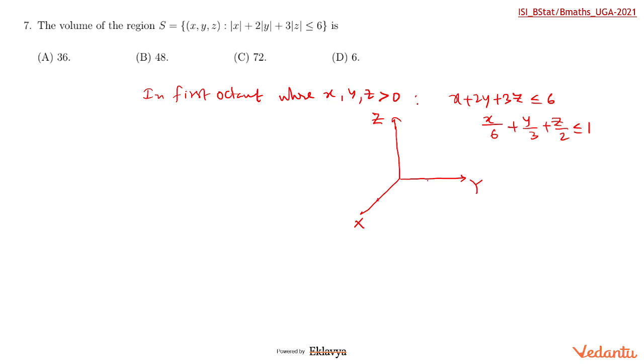So it is 6, it is 3, it is 2. So it's like this, it's coming. So this is a tetrahedron, basically, with O. This is 6, this is 3, this is 2. So what is the volume? The volume in the first octant